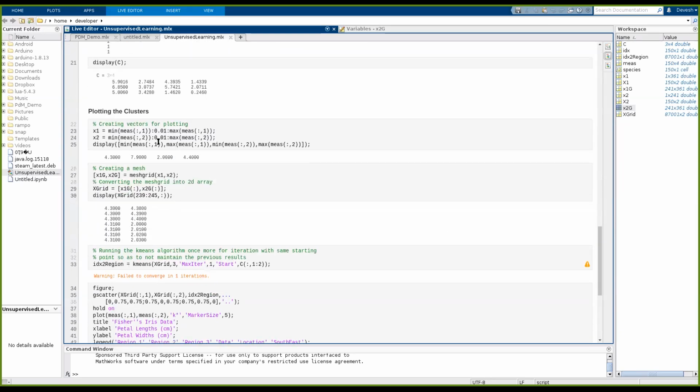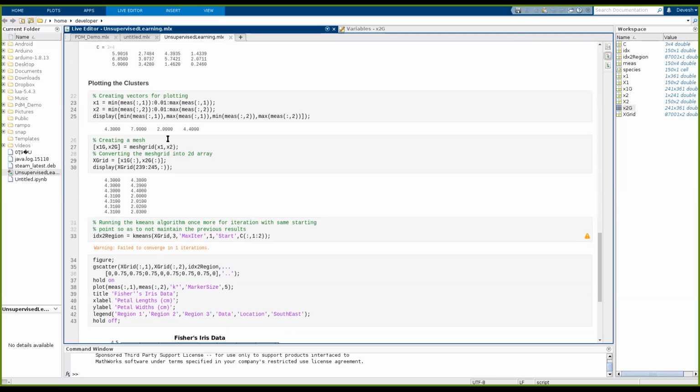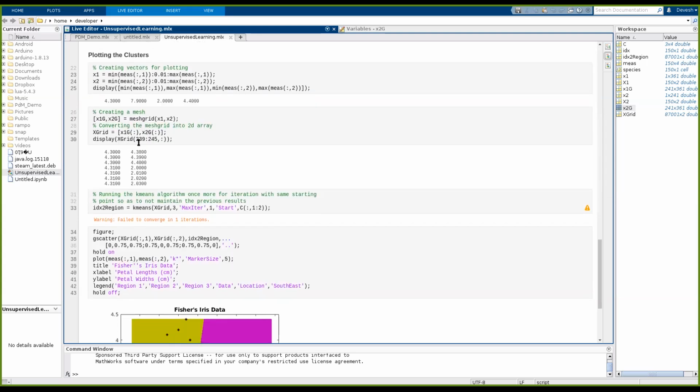Yeah. So after I've created the mesh grid, now I convert it into such a format that I get each and every combination of all the points. As you can see, this particular combination I have shown here.